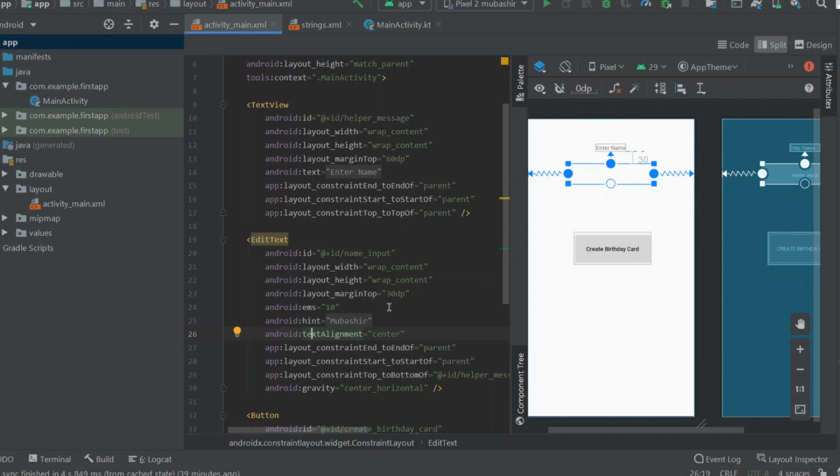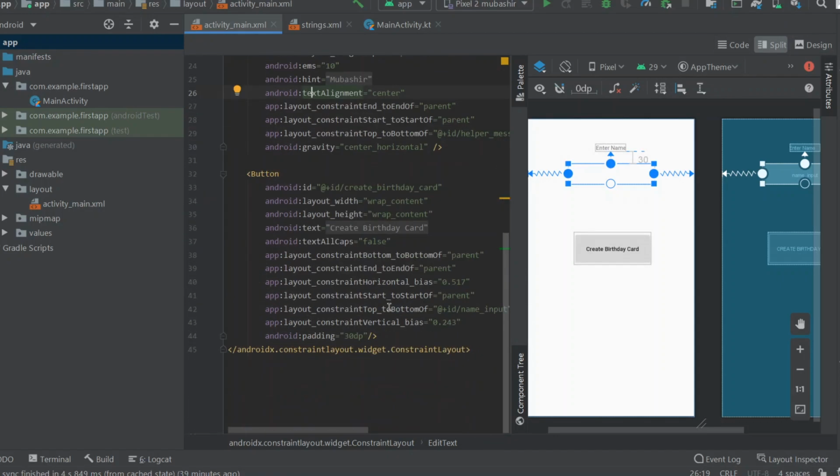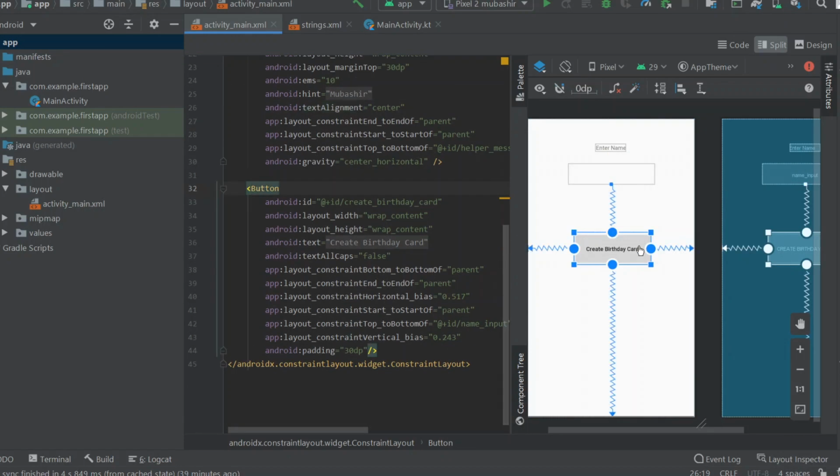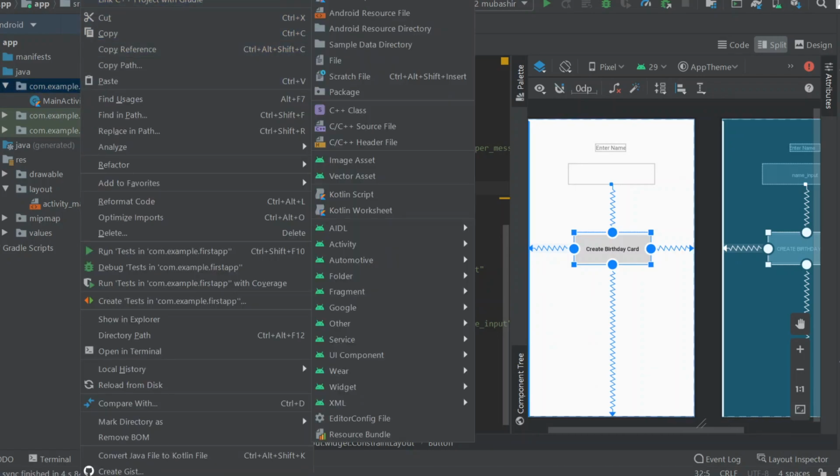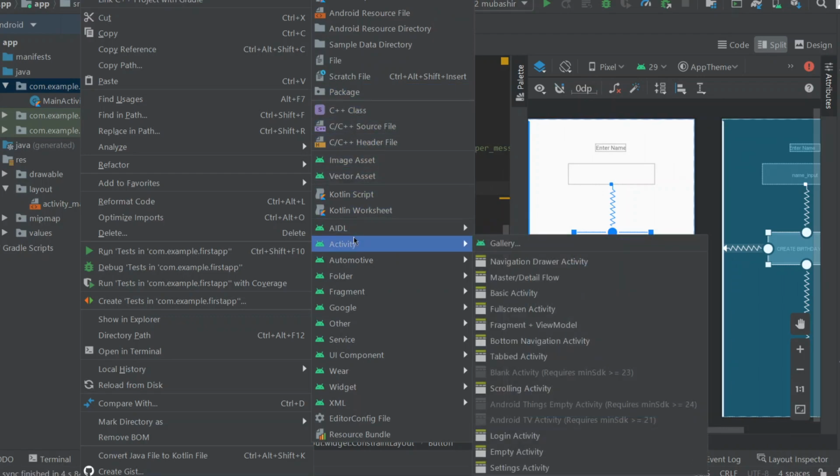So coming back to our button, when we click this button we need a new page to load. For that, come here on this com.xml example for the first app, right click on this, go to new, and here go to activity and click on this empty activity.